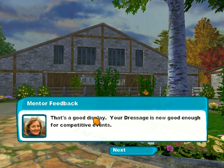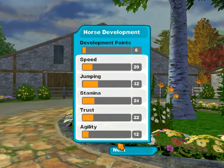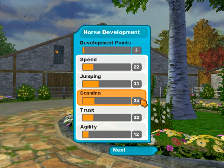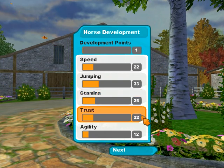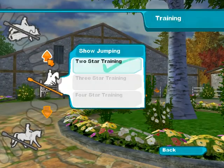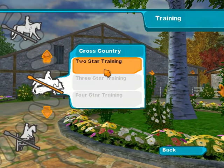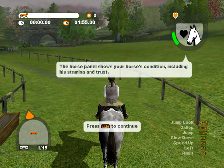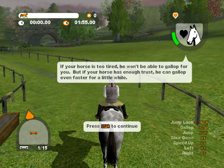That's a good display. Your dressage is now... Now you only... Before we get started, the horse panel shows your horse's condition. If your horse is too tired, he won't be able to gallop for you. But if your horse has enough trust...